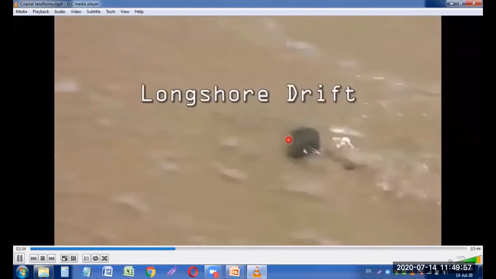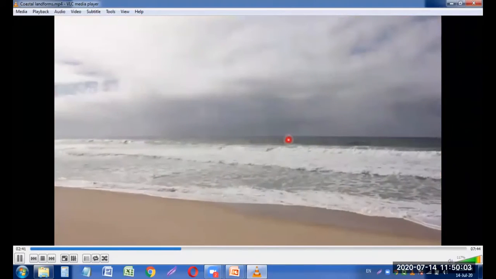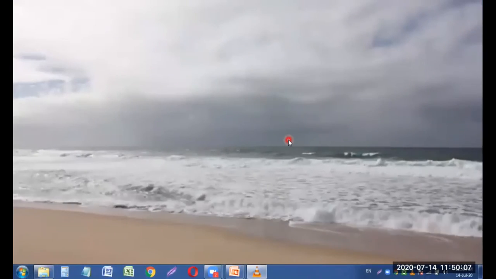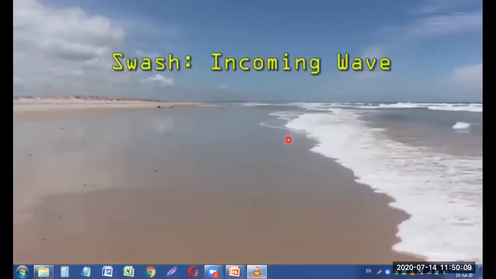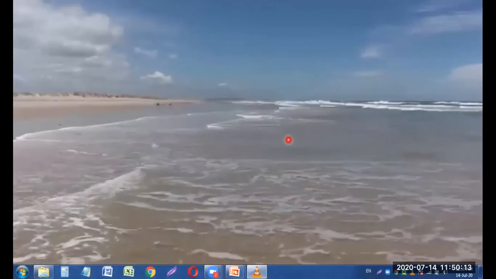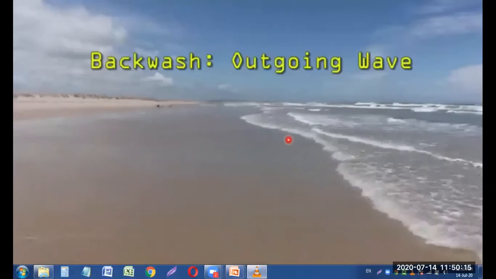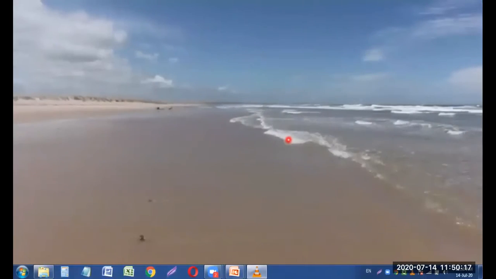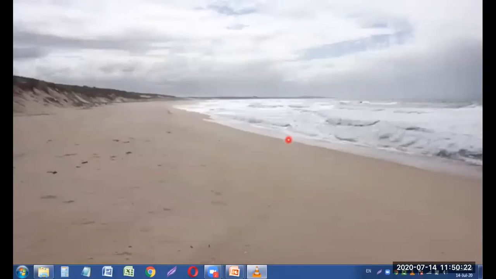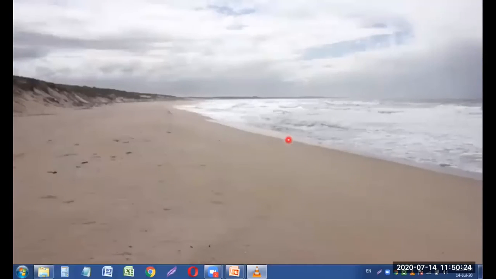Sand and other material is transported along the beach by a process known as longshore drift. How it works is that the prevailing wind direction will cause the waves to approach the beach at an angle. As a result, the sediment that moves up the beach with swash will be moved at an angle. Likewise, the backwash will move the sediment back down the beach at an angle. Thus, sediment will travel back and forth along the beach in a zigzag-like motion.